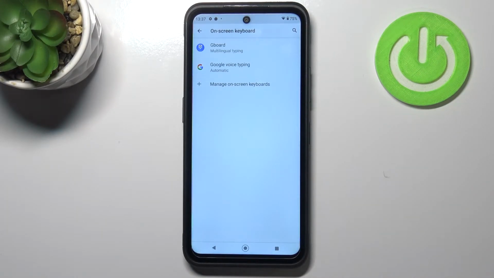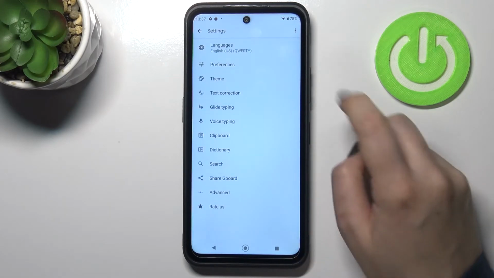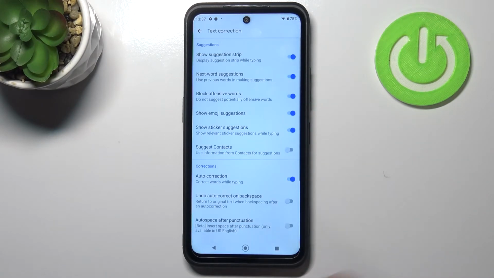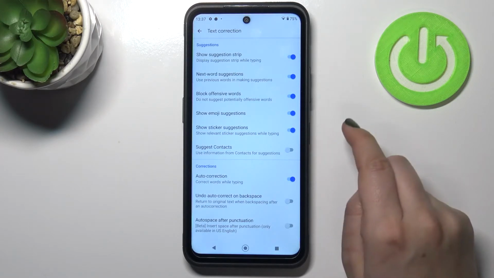Here we have to pick the keyboard we've got currently set. In my case it is Gboard, so let's tap on it, and here we have to enter text correction. And as you can see, on the fourth position we've got show emoji suggestions option, which is in my case